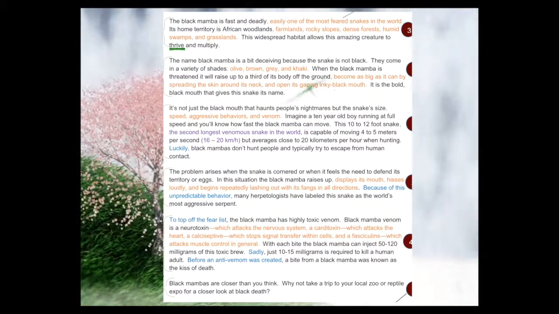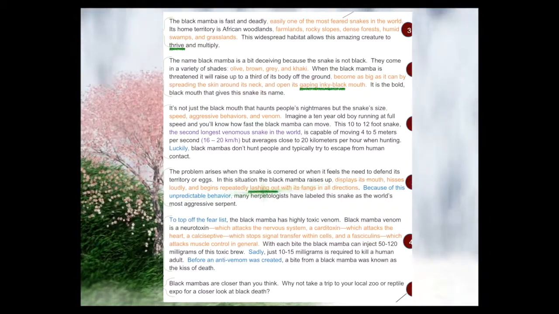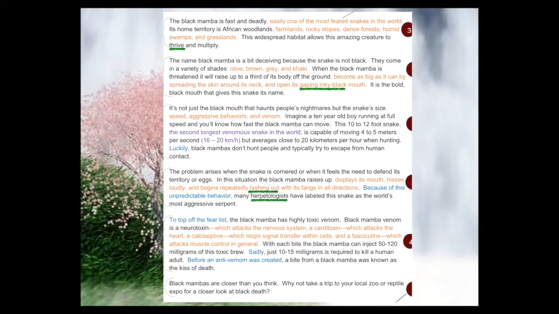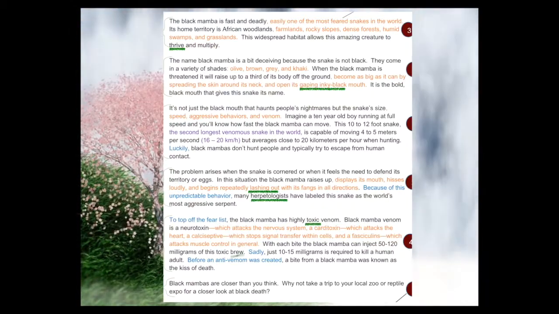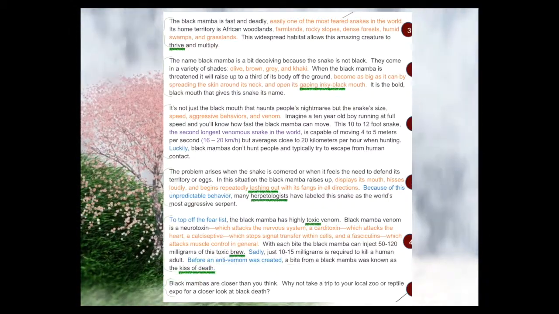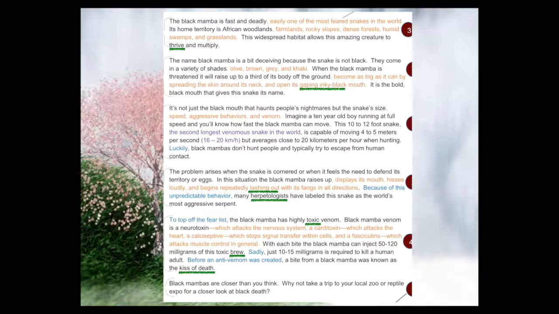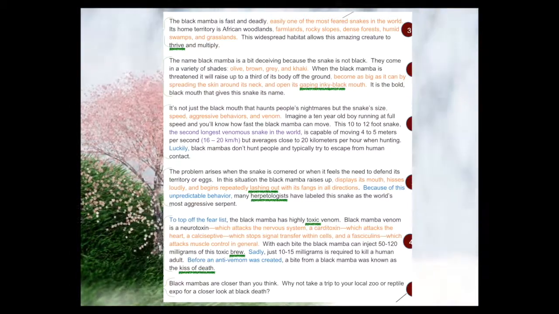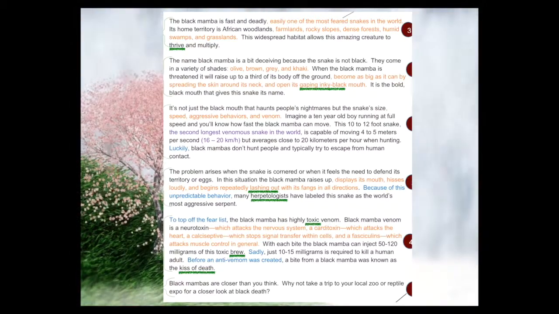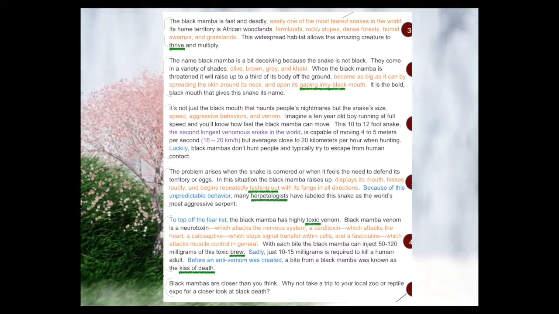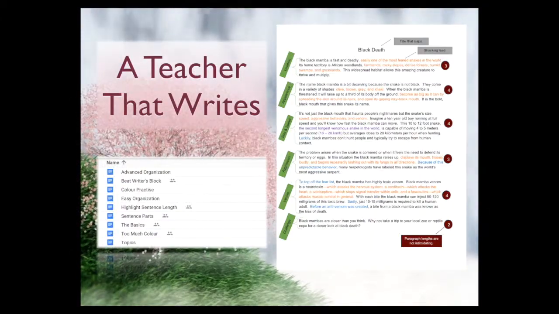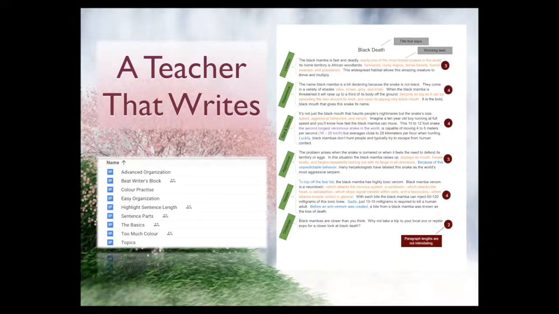Another writing tip I get my students to do is color their writing, and sometimes I get them to underline or show me where they've used good words. So I'll do the same with my writing. Coloring writing is one of my best strategies that I give to students. It's so powerful, and I have other videos talking about why you might color your writing, but it has to do with sentence parts.